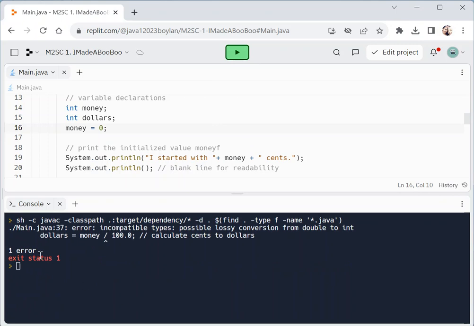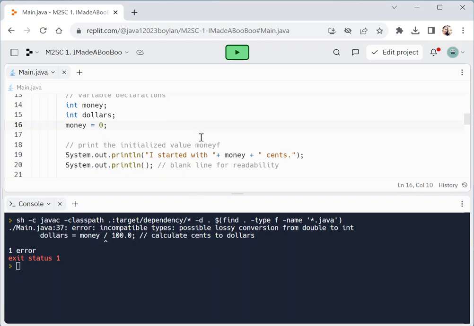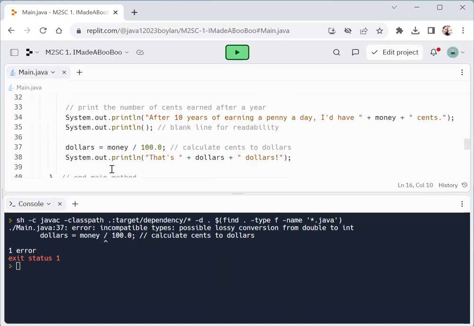There's another error, and this time it says the error is in the main class. It's on line 37, and the error is incompatible types, possible lossy conversion from double to int. What that means is, well, we'll go look. So it says line 37. So let's go look at line 37. So in line 37, it says dollars equals money divided by 100.0. Okay, so dollars is